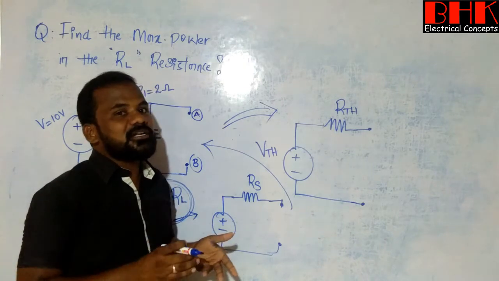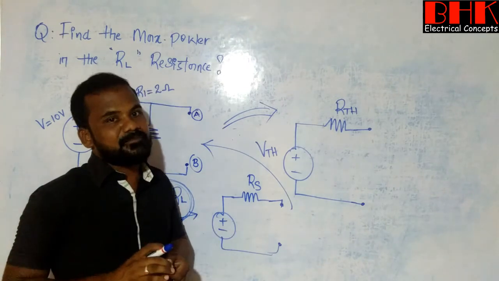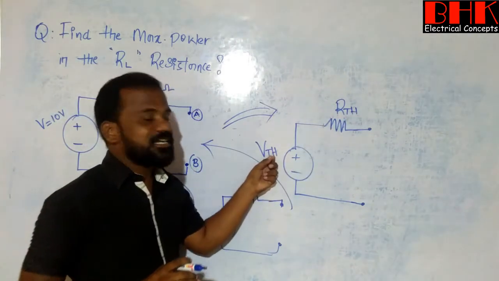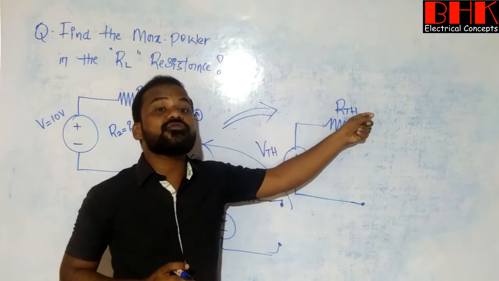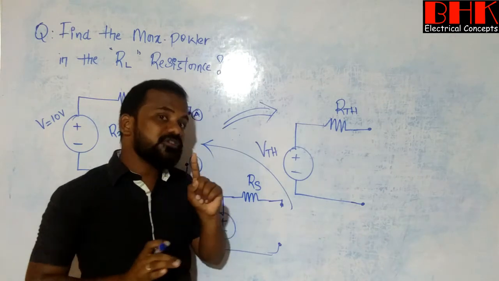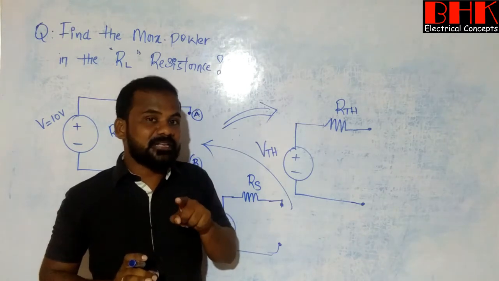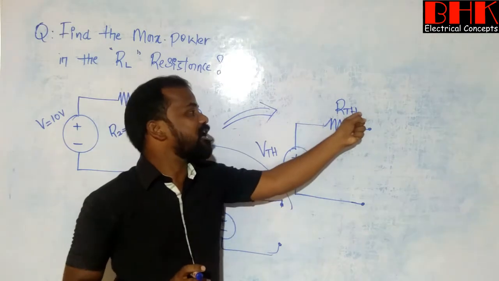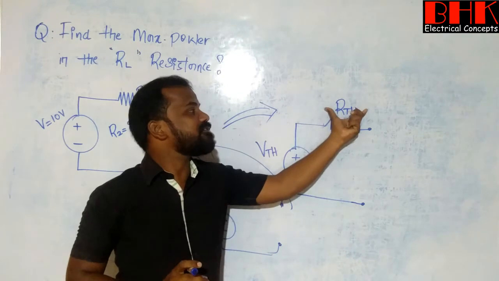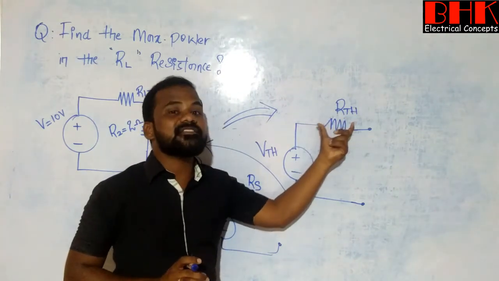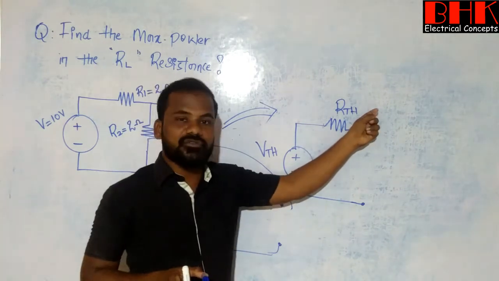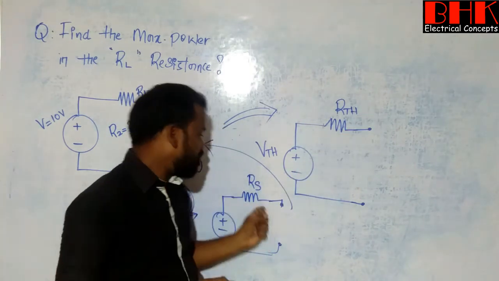So just follow the step-by-step procedure of Thevenin's theorem, and then you will get the value of Thevenin resistance and Thevenin voltage. Here, I am going to consider the Thevenin resistance in this problem as a source resistance. Based on that theorem, we know the values of Thevenin resistance and Thevenin voltage. If you know the value of Thevenin resistance, I am considering that value as the source resistance. So if I know the value of source resistance, that is the value of load resistance based on this condition.